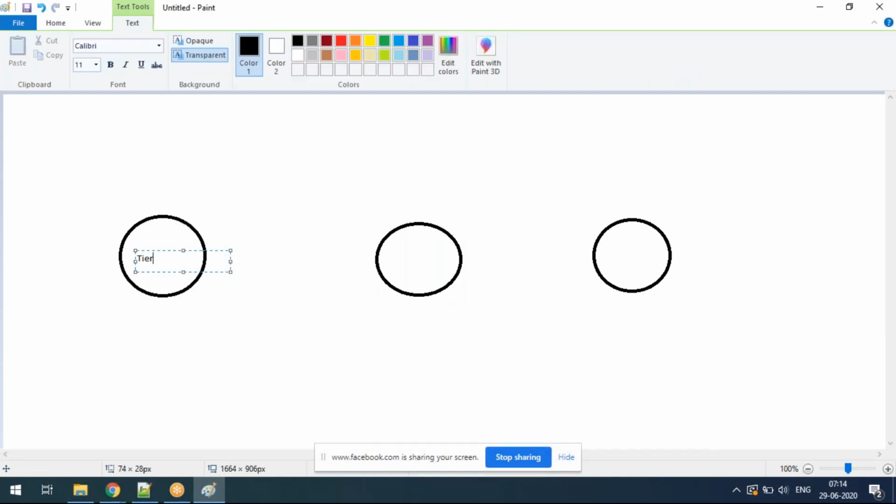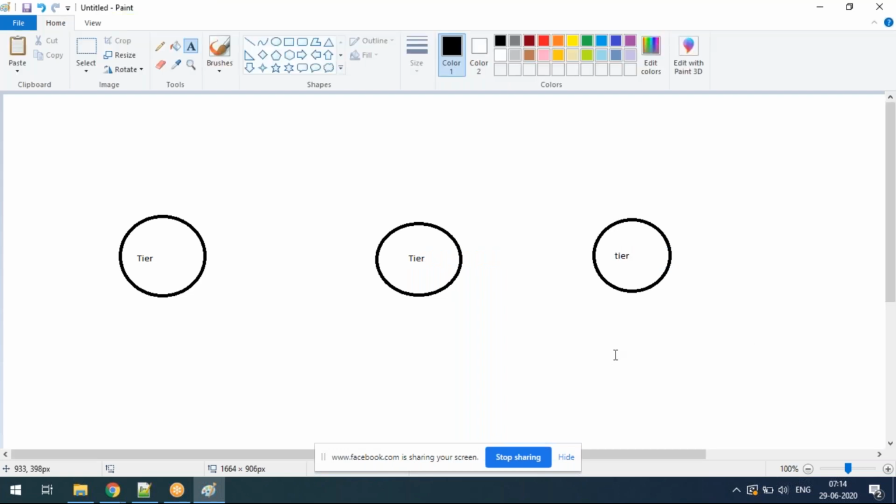One tier, and this is also one tier, and this is also one tier. So basically, in interviews also, people used to ask, can you explain three-tier architecture or n-tier architecture, like that, right? So similar understanding. Here, the web server, app server, and DB server, all these three are called tiers.